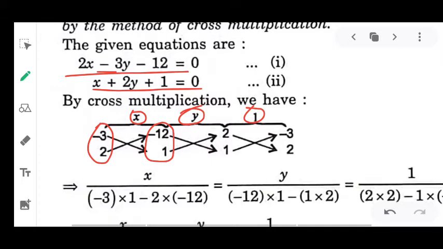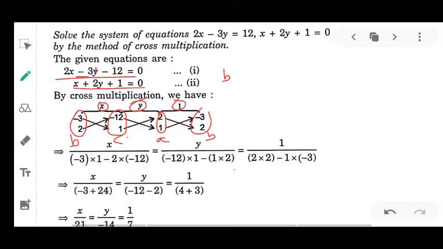Now in y, write the constant part that is already written here. So only write the coefficient of x, that is 2 and 1. Then in 1, 2 and 1 are already written, so write the coefficient of y, that is minus 3 and 2. Okay, so as you can see, this is b, minus 3 and 2. This minus 3 is the coefficient of y, and the coefficient of y is b. Okay, so the method is b, c, a and b.